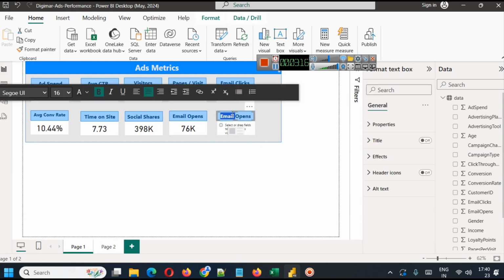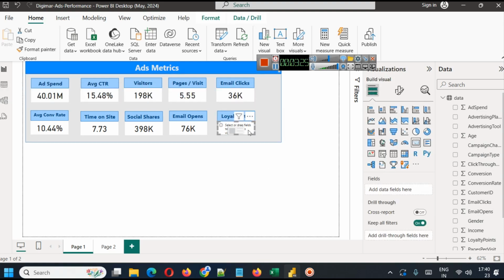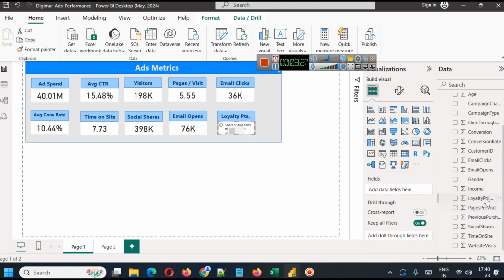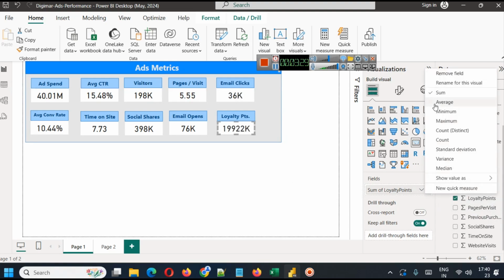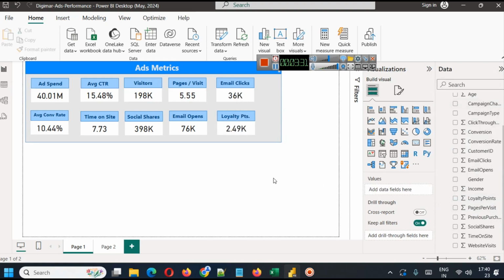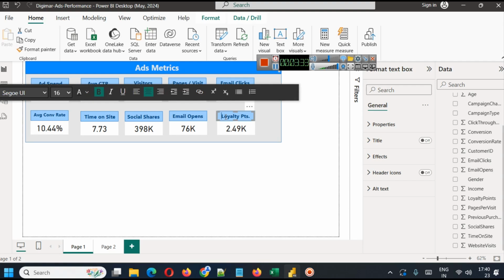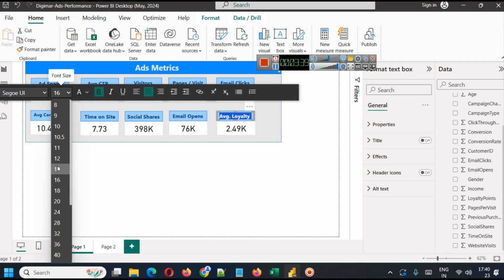So now whatever else you need and however else you want to display the information, you can display here. And here we will use average loyalty points because we are looking at every customer. So it will be good to mention average wherever average is used,